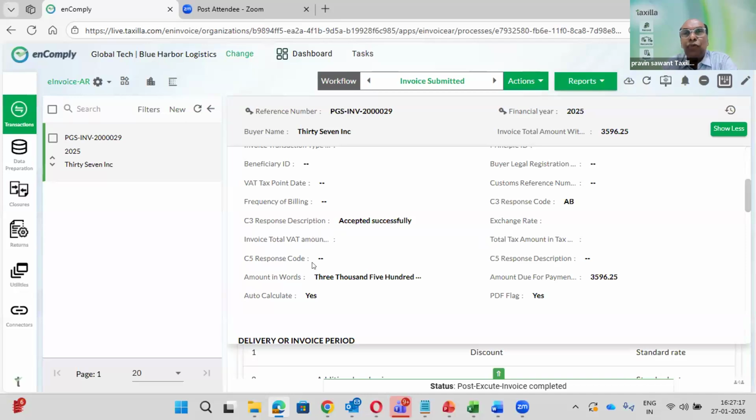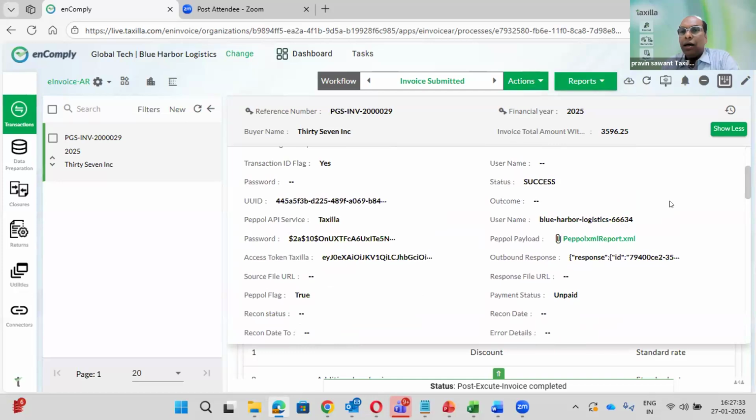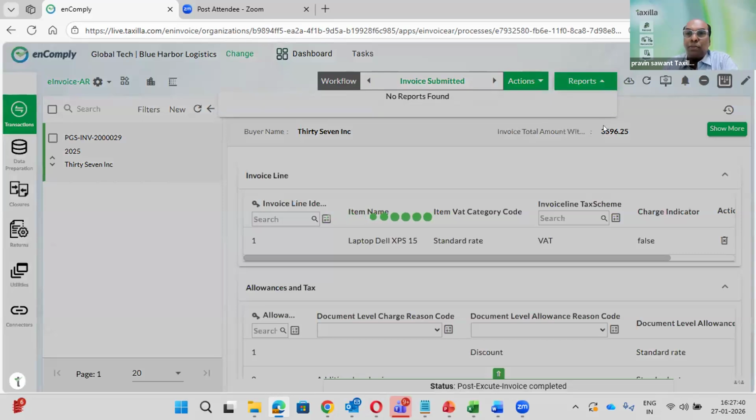So as finance people, as an ERP, what do you need back in your ERP for audit purposes? Two things. One, the response that C5 and C3 accepted, and second, this UUID. Now consider one of your customers is insisting, I want a PDF copy.